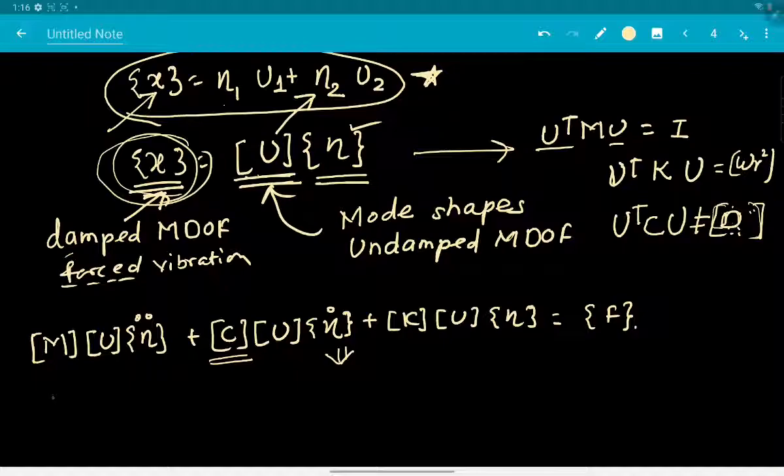Because even if I pre-multiply this entire system by U transpose, this will be diagonalized, that is fine, but this system is still not diagonalized, and it still has some off diagonal terms, which essentially means that the two equations we'll get from that are still coupled. So we cannot obviously solve those two equations separately, considering them as two separate single degree of